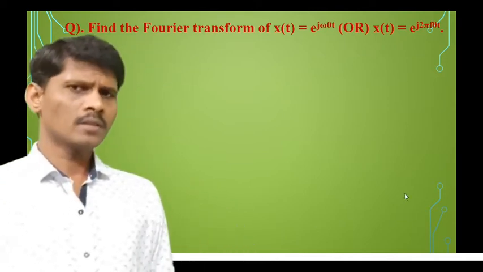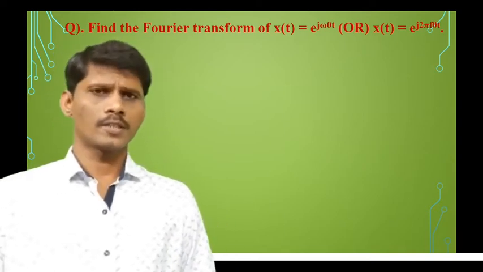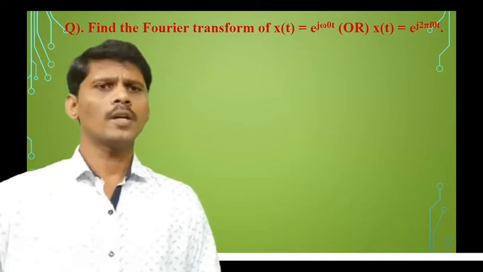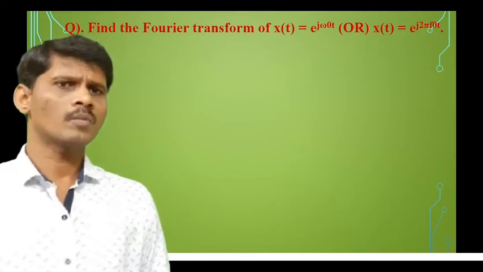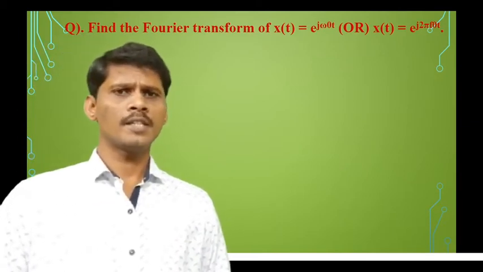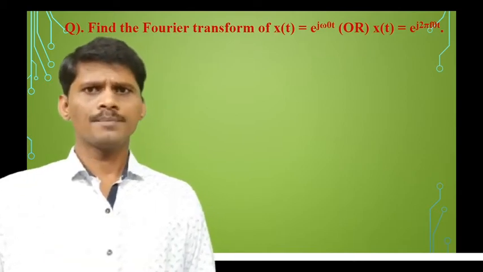Good morning, everyone. In the previous class we discussed the Fourier transform of standard signals. In this class we are going to continue with the Fourier transform of standard signals. So what is the Fourier transform of a constant function? The Fourier transform of a constant function a is 2 pi a del of omega. Now here in this class